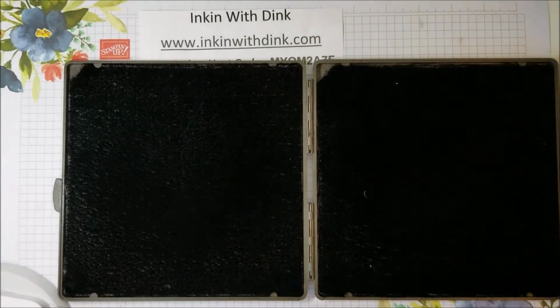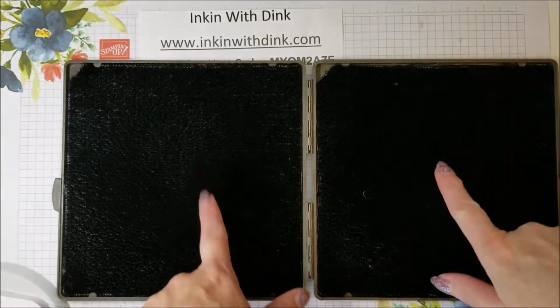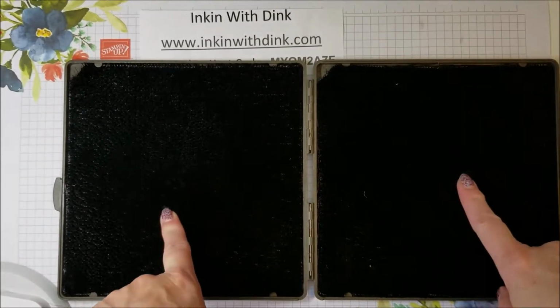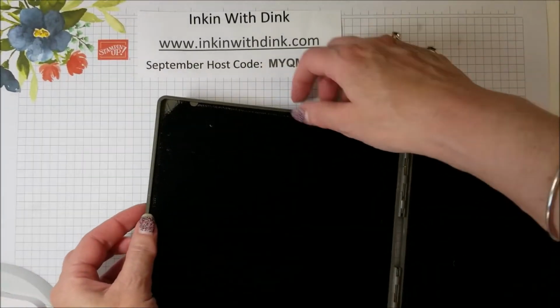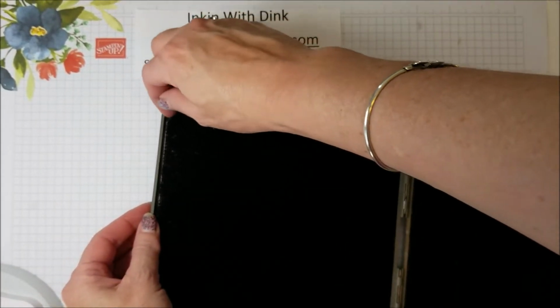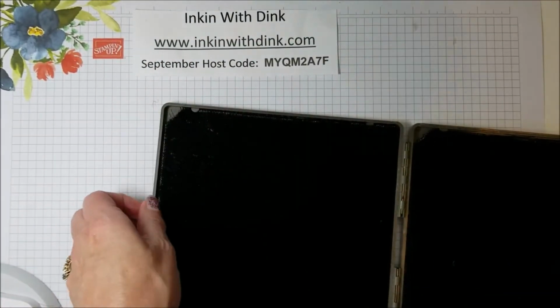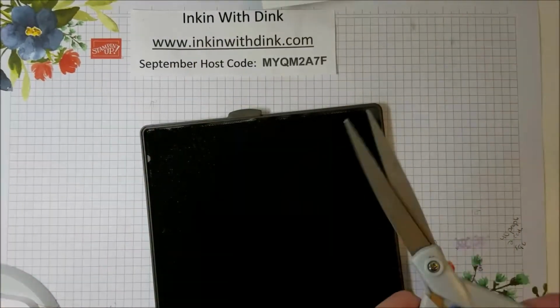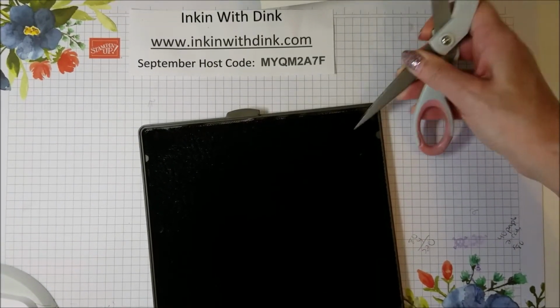Okay, but one thing that I have found a lot of people do not know is that you also have to clean this. Okay, and the way to do it is super simple. These little scrubby pads actually come out. Okay, so I either get a knife, sometimes I get a pair of scissors, and you're just going to carefully,